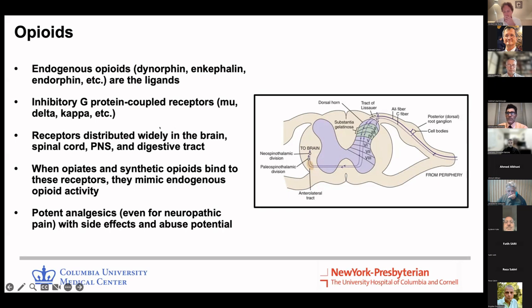And so opioids work not only here, they work all over the body, including the peripheral nervous system, and they're potent analgesics. And even for neuropathic pain, you don't normally think of them as being good for neuropathic pain, but they can be, especially patients who are in neuropathic pain crises, like trigeminal neuralgia. They're in the hospital, they can't eat. Yes, that can respond to opioids. But you got to be careful because opioids can have bad side effects, and there's a big time abuse potential